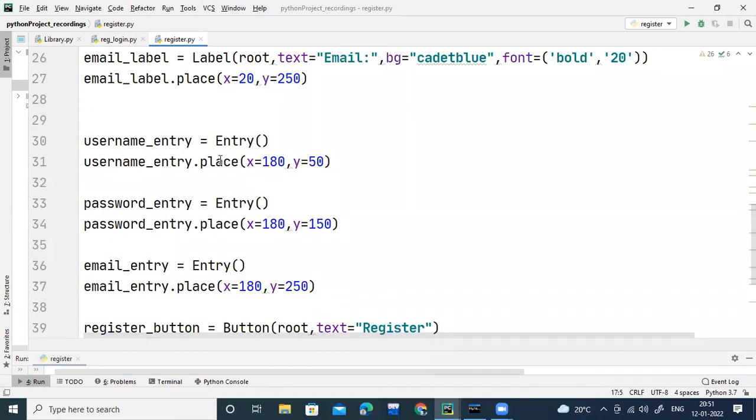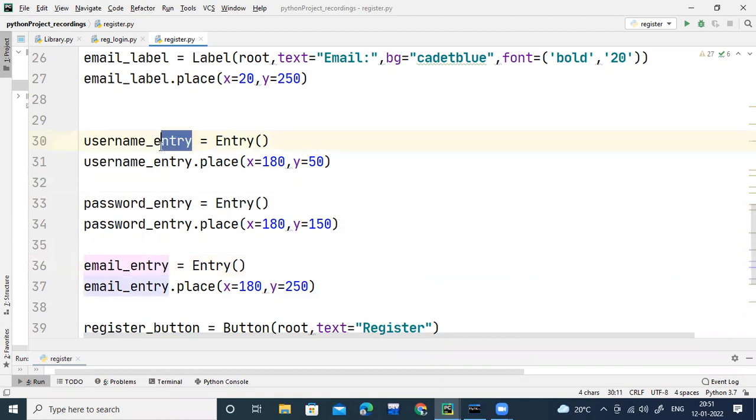Now coming down to our entry boxes. Whatever username, password, and email I'm entering is stored in a specific entry box, right? Whatever username I'm entering is stored in this username_entry variable. Whatever password I'm entering is stored in this variable. Whatever email I'm entering is stored in this variable. So now what should I do?